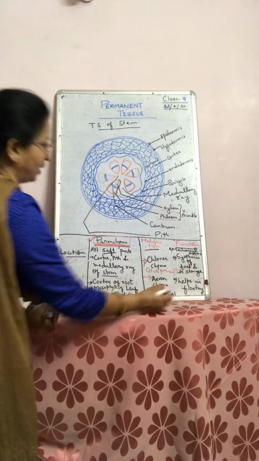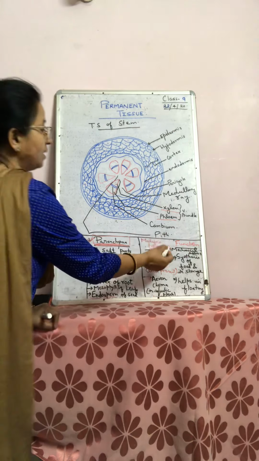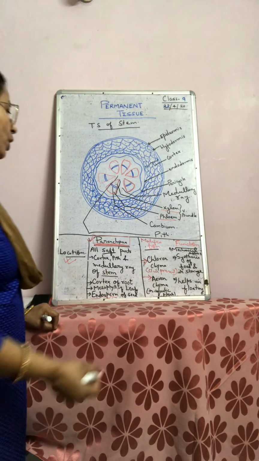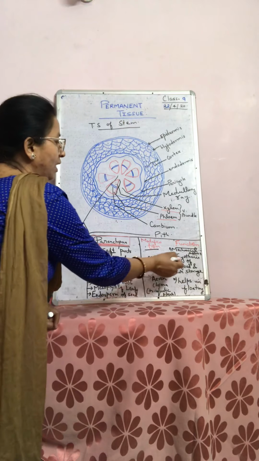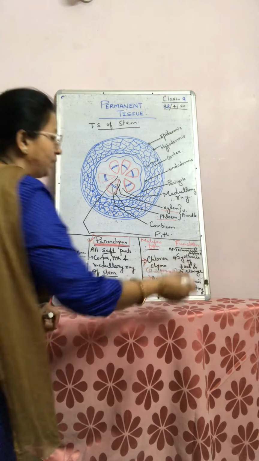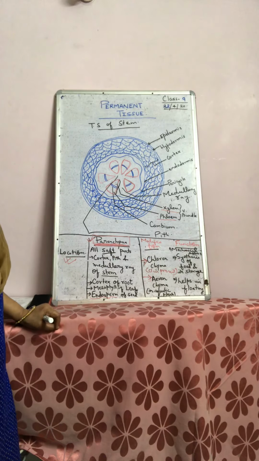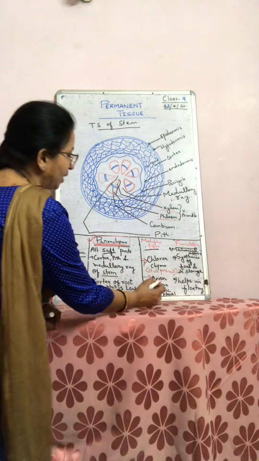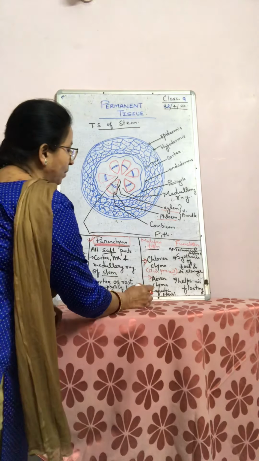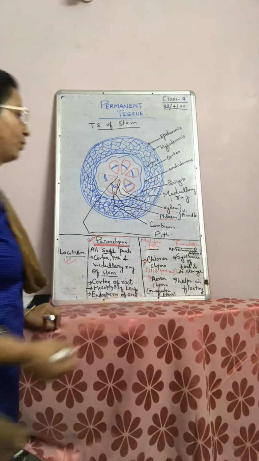It helps in floating. Altogether, when we look at the function of parenchyma, other than mechanical support, if it has chlorophyll it performs synthesis of food and its storage. If it has air bubbles, it is called aerenchyma, mostly present in aquatic plants, and it helps in floating.